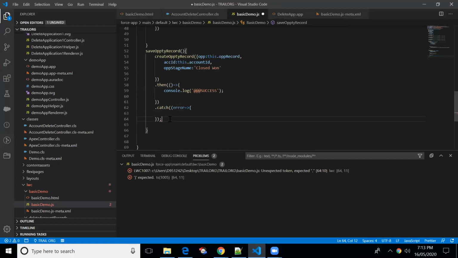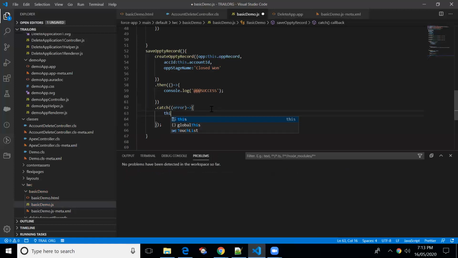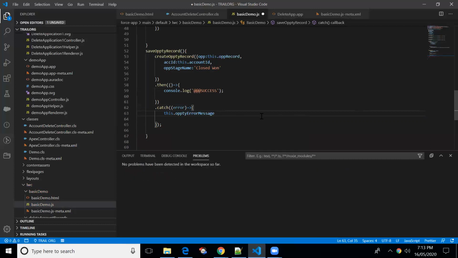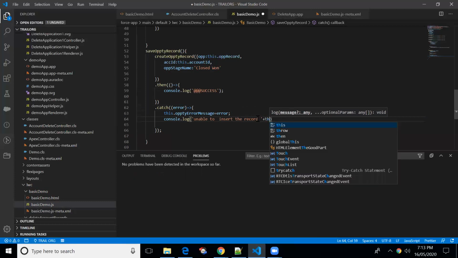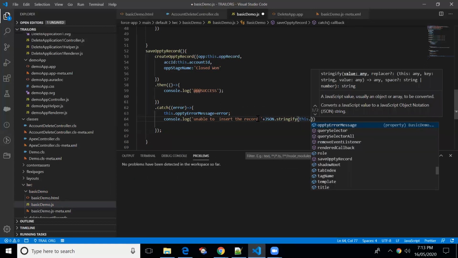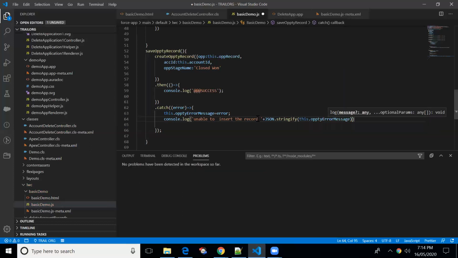I think we have to include one more parenthesis. If an error message comes, for opportunity we have created one variable, so I'll put the opportunity. Let me put console.log unable to insert the record. I'll be using JSON.stringify. If you don't use this, then it will come in an object format.